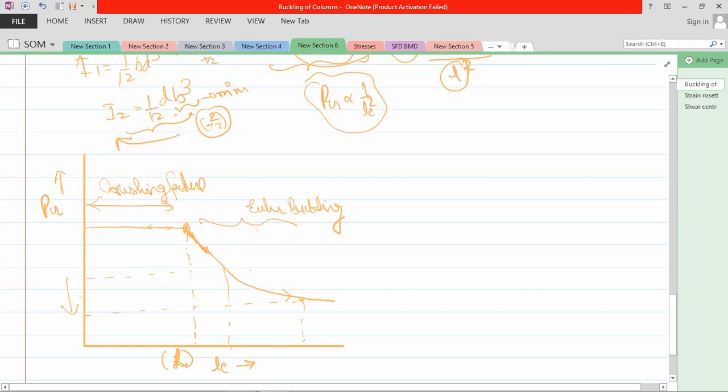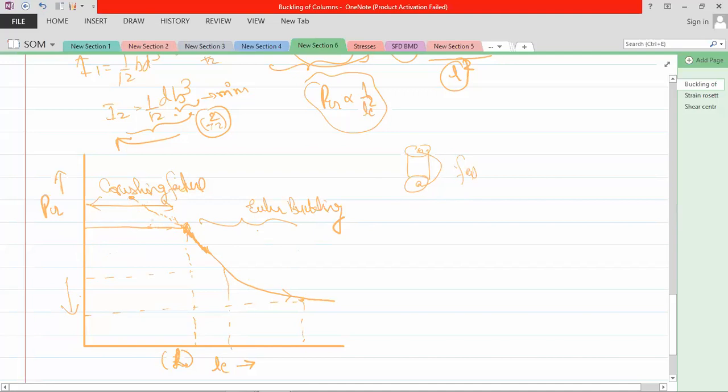What is the meaning of that? Now, suppose you take a piece of chalk. The chalk is very small in length. You cannot buckle it. So if you apply the buckling value, it will not fail. You need crushing failure. You might say that I will take the length small and the P critical will be like this. But no, if you design it for this P critical load, even for a lesser value, it will fail by crushing.